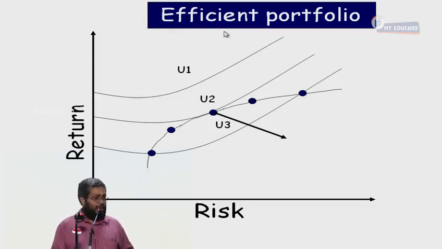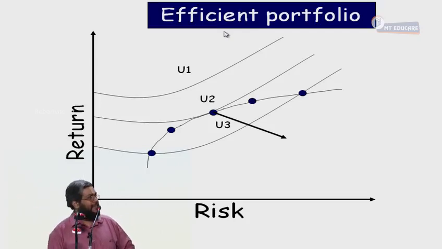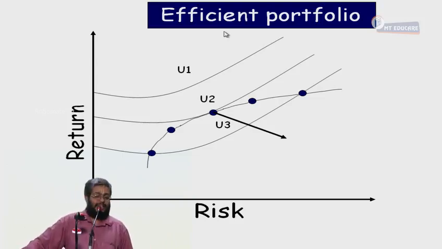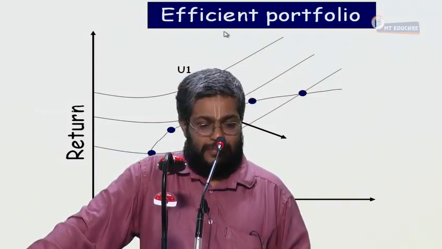So, if you are not able to find a point of tangency, if all your curves run above the efficient frontier, your expectation is too high for what the market can offer. Don't enter that. Invest in some other avenues. Everybody, are you following? Now, last point, point number 7. This point of tangency changes from